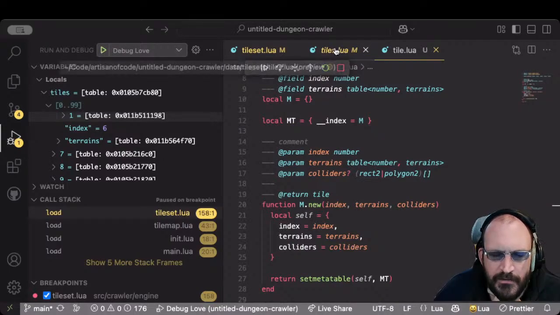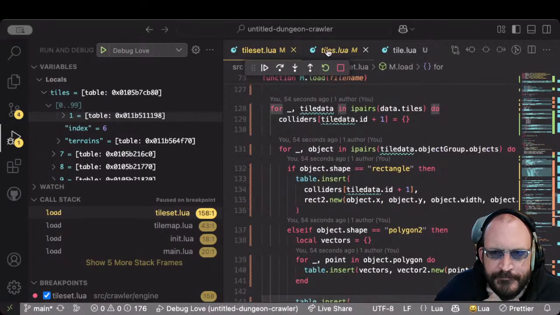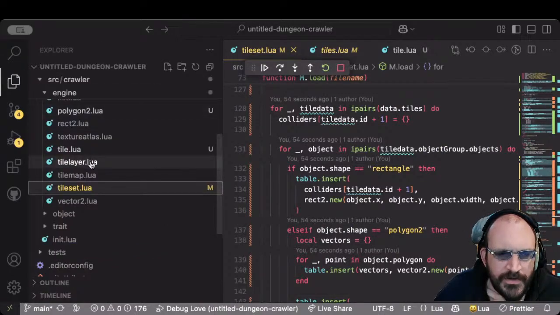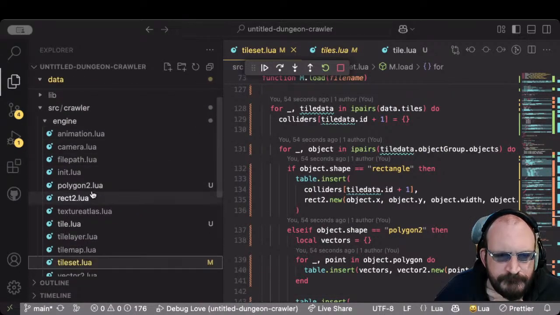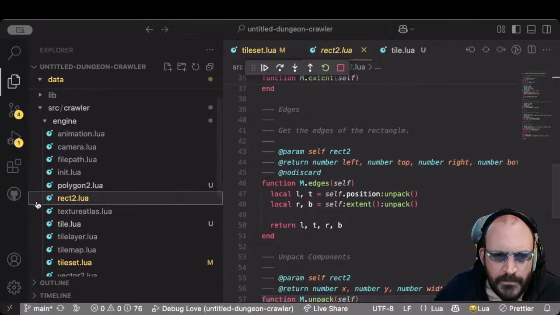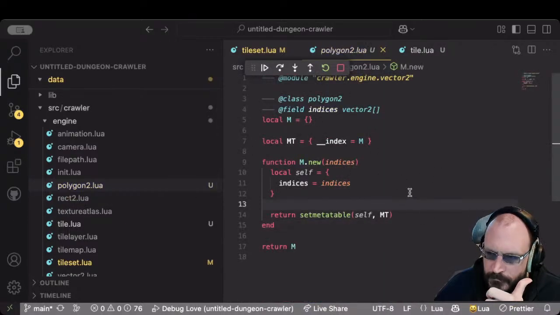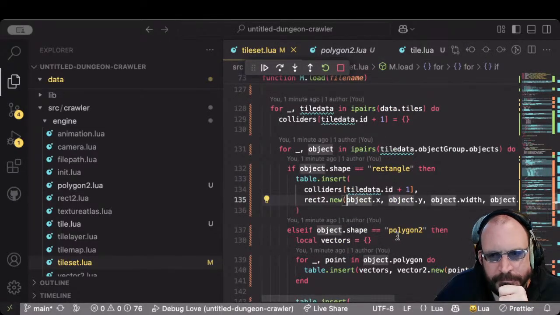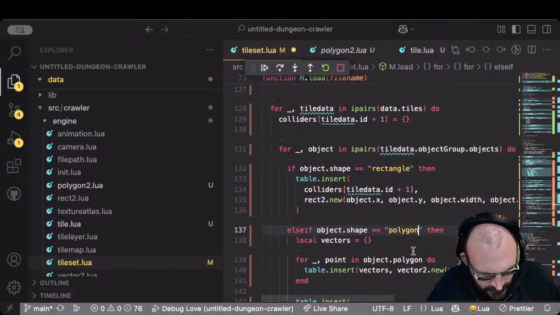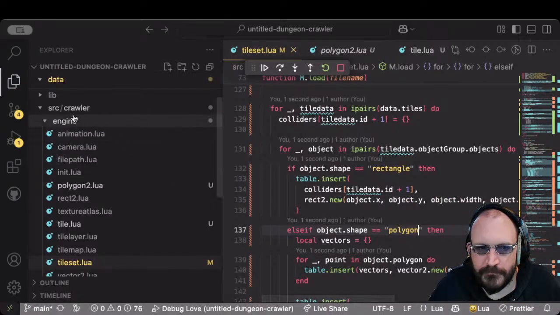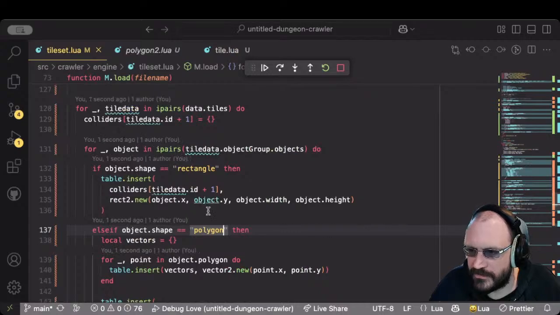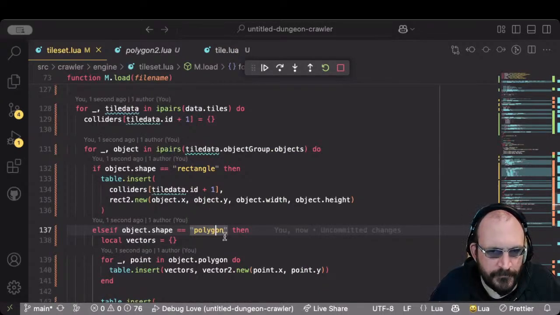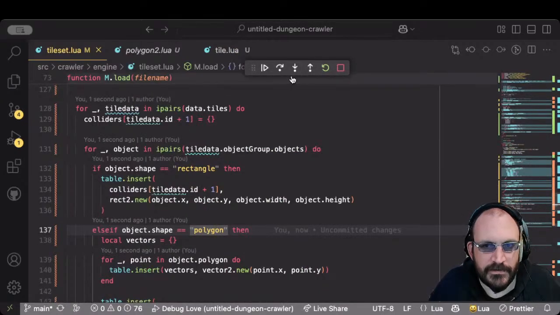Why do we not have an item? So why did our polygon not get added? We definitely create it. That's why we had polygon2 instead of polygon. Sorry, so if we try this again,